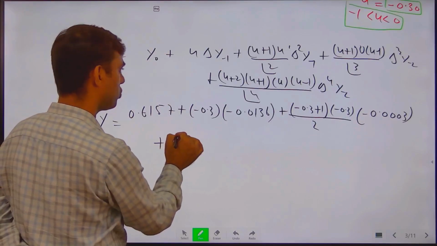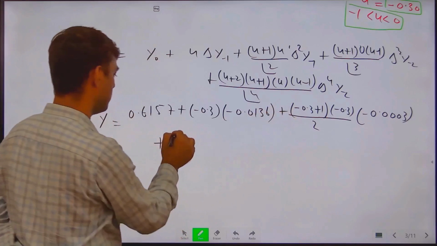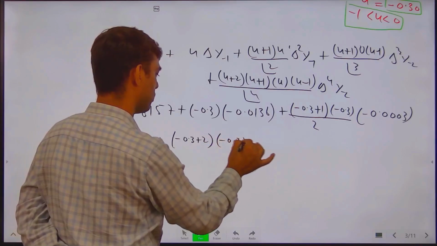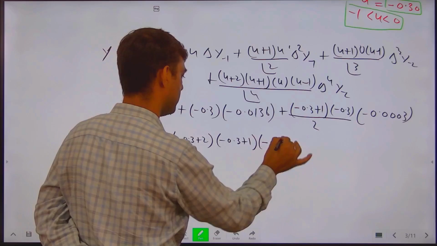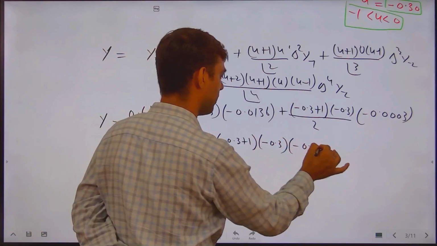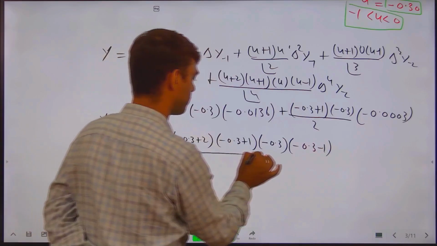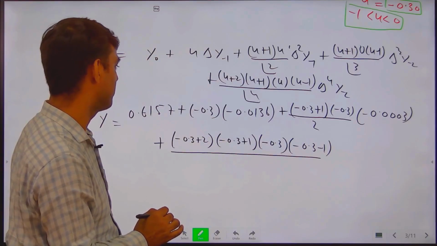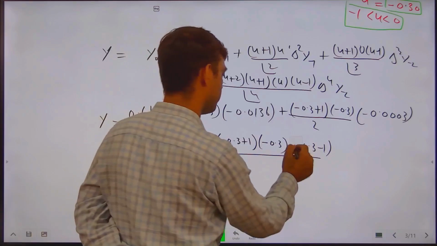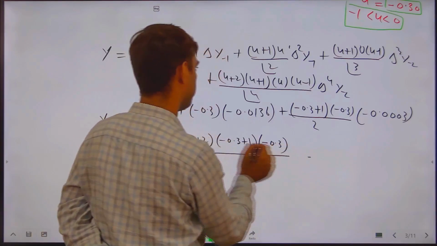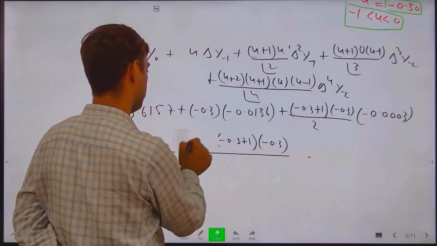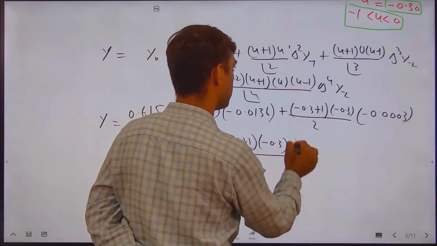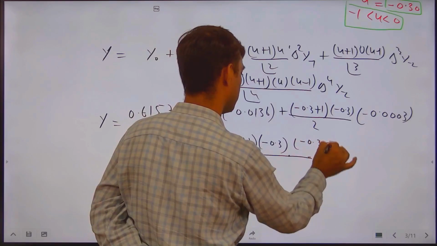Now we write another term, plus u plus 2. So here we write u plus 2, meaning minus 0.3 plus 2, minus 0.3 plus 1, into minus 0.3, into minus 0.3 minus 1, divided by. Here we first write this term, u plus 1, u, and u minus 1: minus 0.3 minus 1,